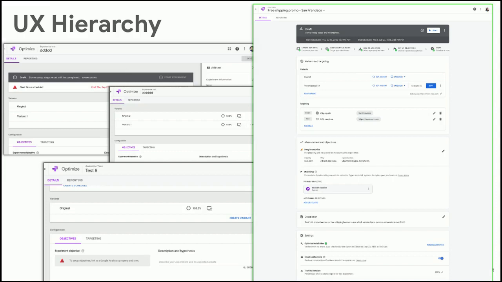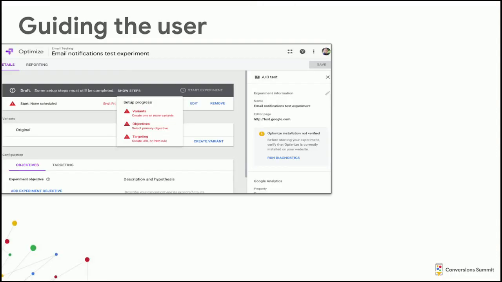And being a good growth team, we did a lot of testing on it as well. And the next thing we did was guiding the user. So in Optimize, there are several flows where you can go from start to finish, just different ways, and they're all equally valid. And we love our users. We want to give them all the options, all the different ways you could use our product. And sure enough, most of them chose the way out of the product,